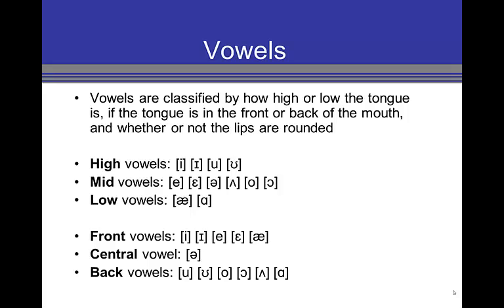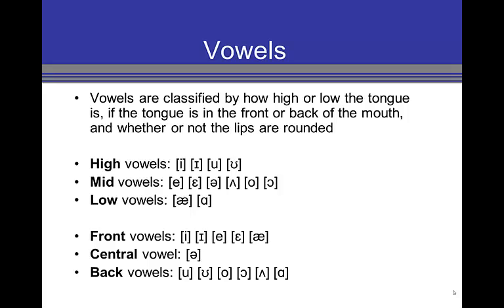Vowels can be kind of difficult to classify as the tongue does not anchor to touch any point of the vocal tract during the production of a vowel, unlike a consonant. Instead, we talk about vowels in terms of where the tongue is more or less located, which is also correlated with its shape. And we also talk about whether the lips are rounded or not, which also affects the sound that is produced. So the two primary dimensions of the tongue that affect the vowel sound produced are height and